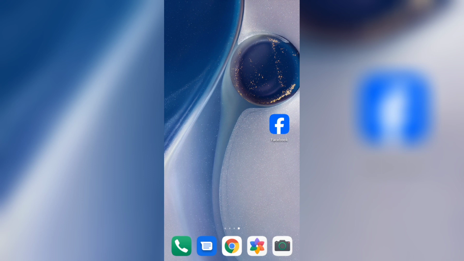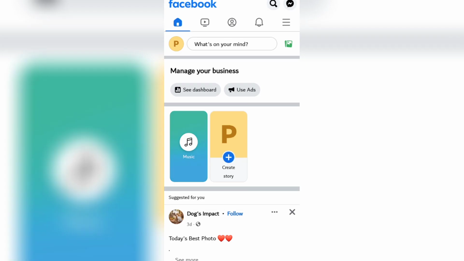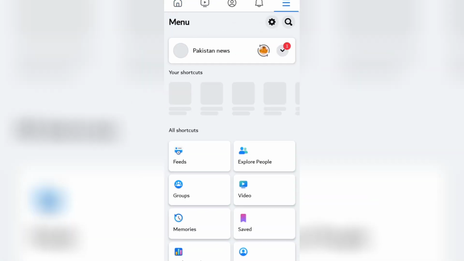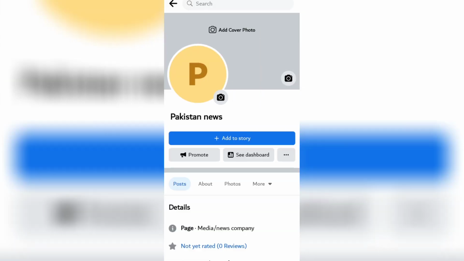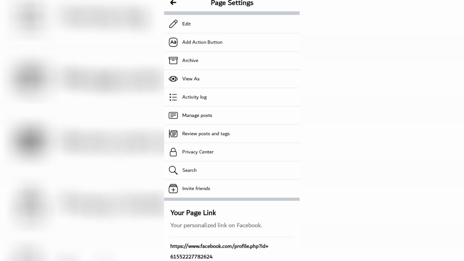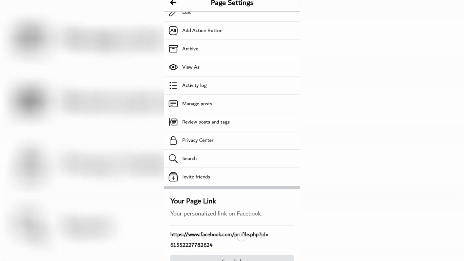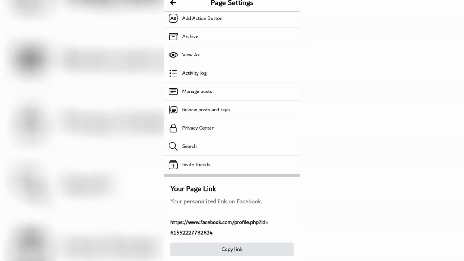Let's get started and open up the Facebook app. Go to the menu icon and here you can see one of my pages. Just tap right here. Now, all you have to do is tap on these three dots. Now, here you can see one of your page links. All you have to do is just copy the link,